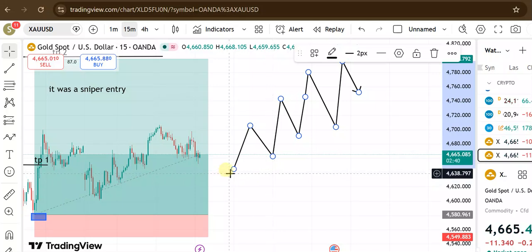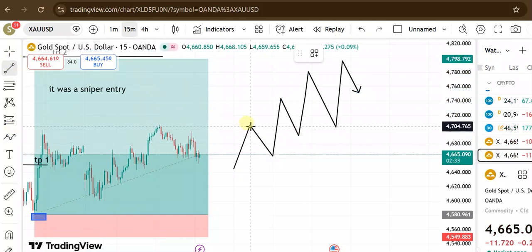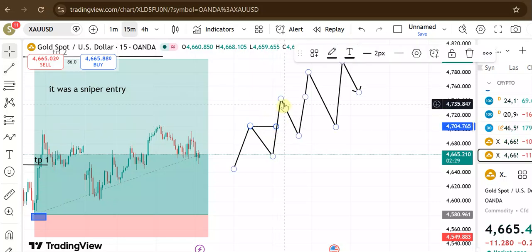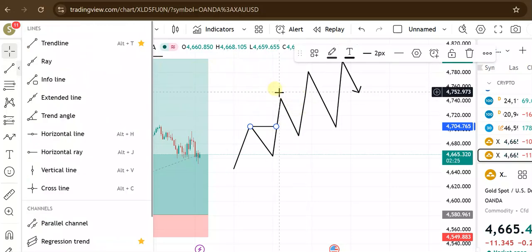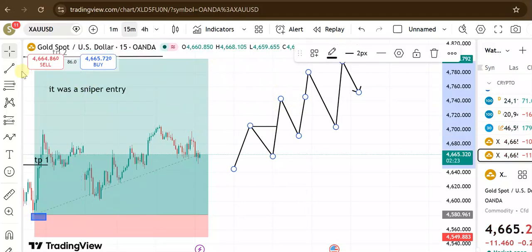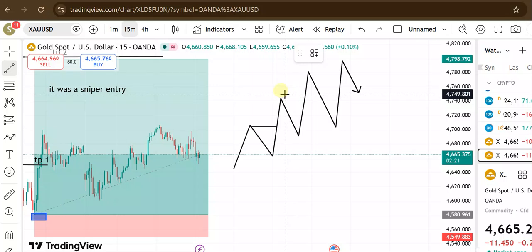Because this is what happens. There is a break of structure here. There is a break of structure here. So this qualifies to be an uptrend because